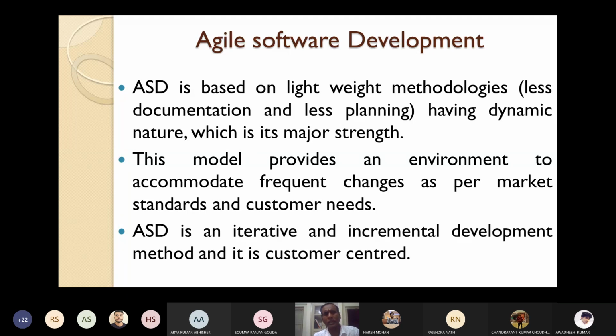It is an iterative development process as well as an incremental development process, and it is customer centered. Whenever a customer comes to make some changes, this model can allow it, whereas the traditional models cannot. So ASD is an iterative and incremental development method, and it is customer centered.